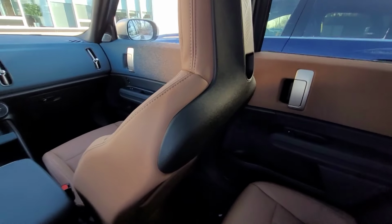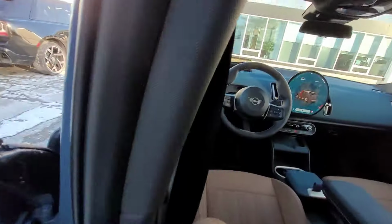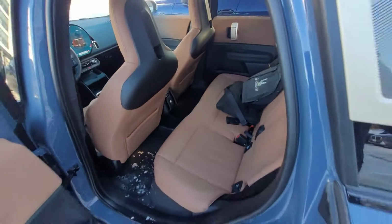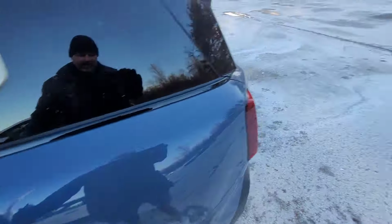I'm just gonna jump into our Q4 to show you the space in the Q4 and to compare quickly. We won't show you the trunk because we showed you the trunk previously. It's a 20-40 split. Let's jump in the Audi now